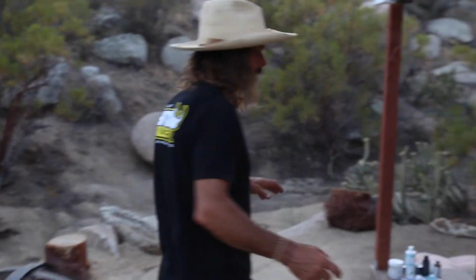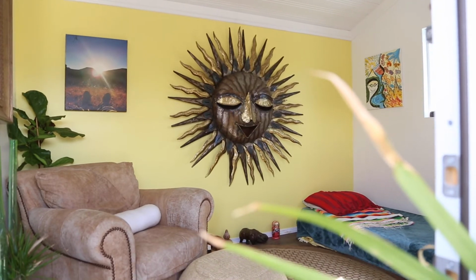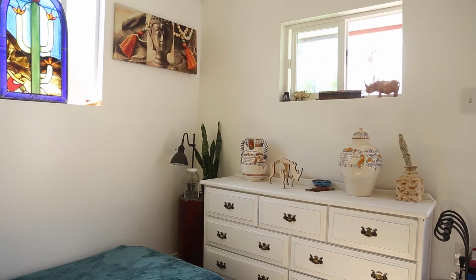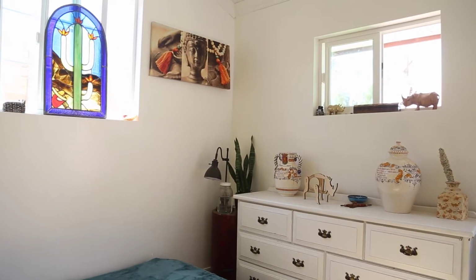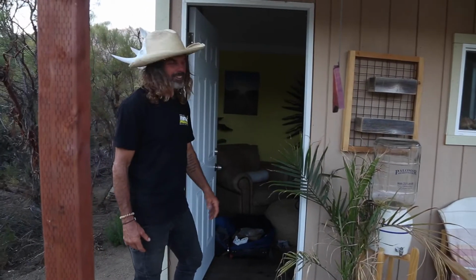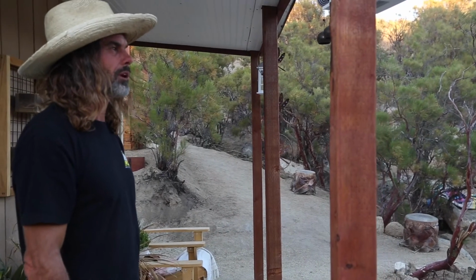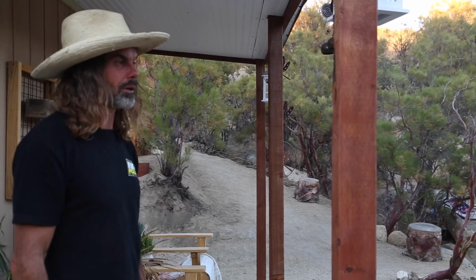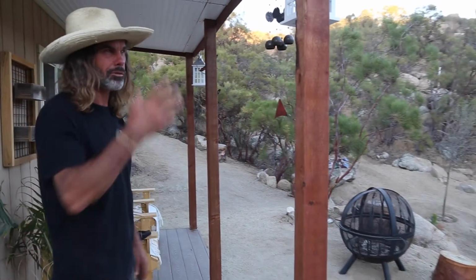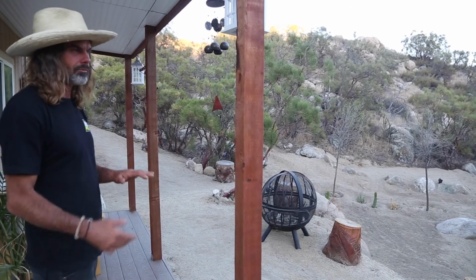This is the first cottage here. Inside is the magic part, I feel. I decorated this myself, but again, my buddy's in here, so that's what it's for. It's for my friends to come and stay, people from out of town to come and stay, me to have fun. And yeah, this is a magic place. Everybody that comes down here and sleeps is like, man, I haven't slept that good in years. So very quiet, no Wi-Fi, no cell service down here. Just a complete place to just...